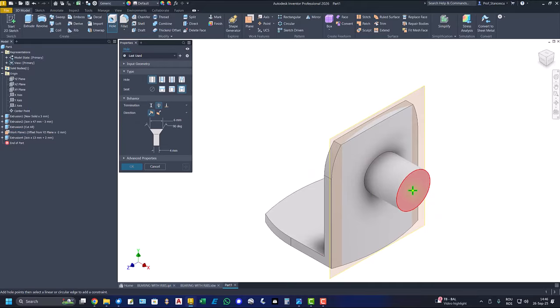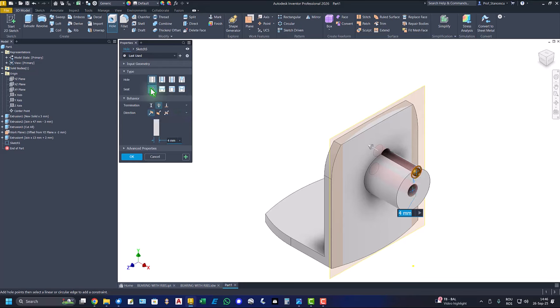Hole, this face, this center, simple hole with this center of 8 through the part. Okay,